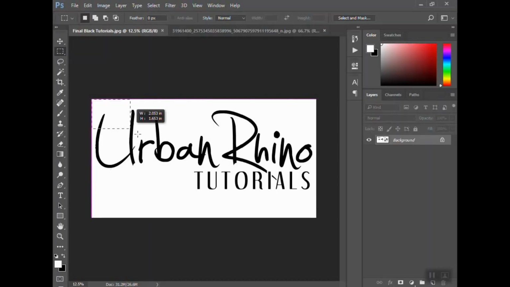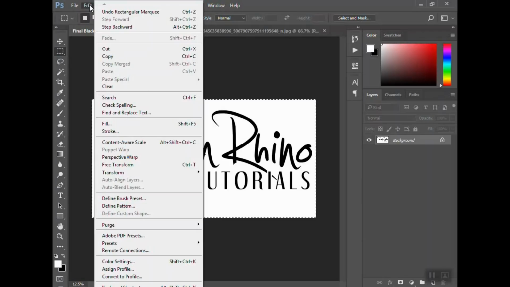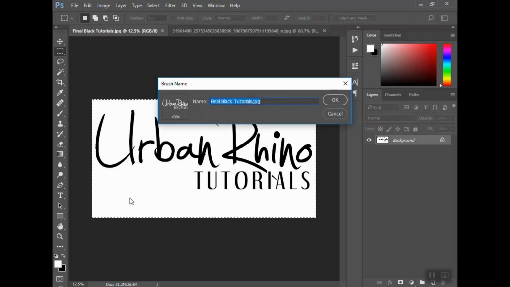I'm going to just drag out a box to select my whole thing. It's going to actually make it transparent on its own. So I have the whole thing selected, and then I'm going to go to Edit, and then Define Brush Preset. About halfway down, Define Brush Preset, and I'm going to name this